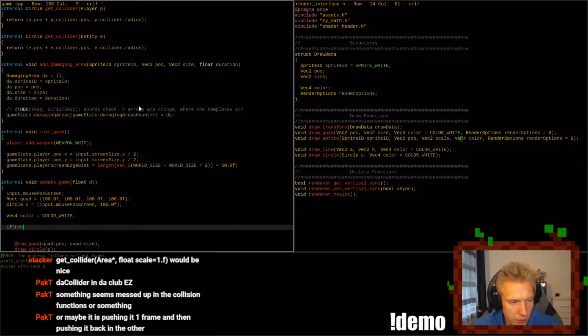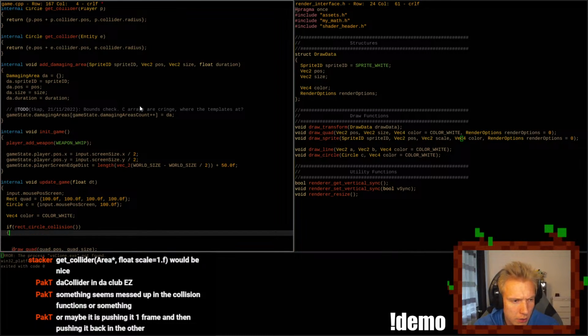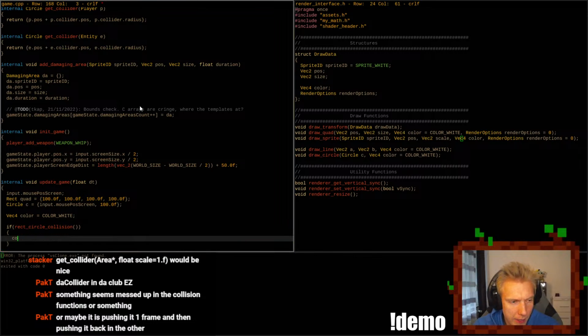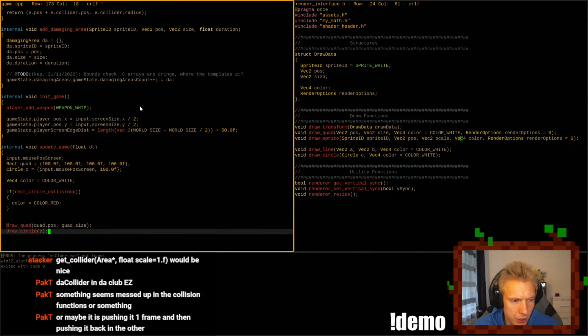If rect circle collision. Was it circle rect collision? Huh? Okay, then we set the color to color red on the circle.